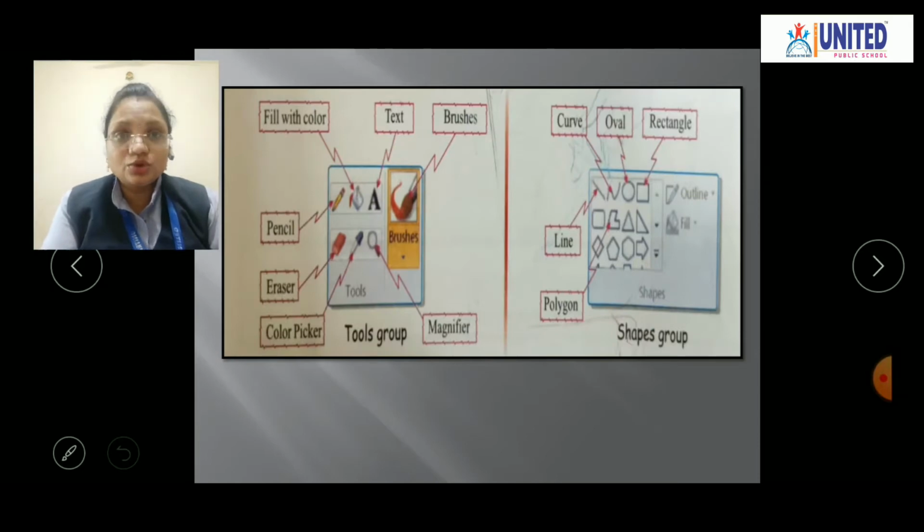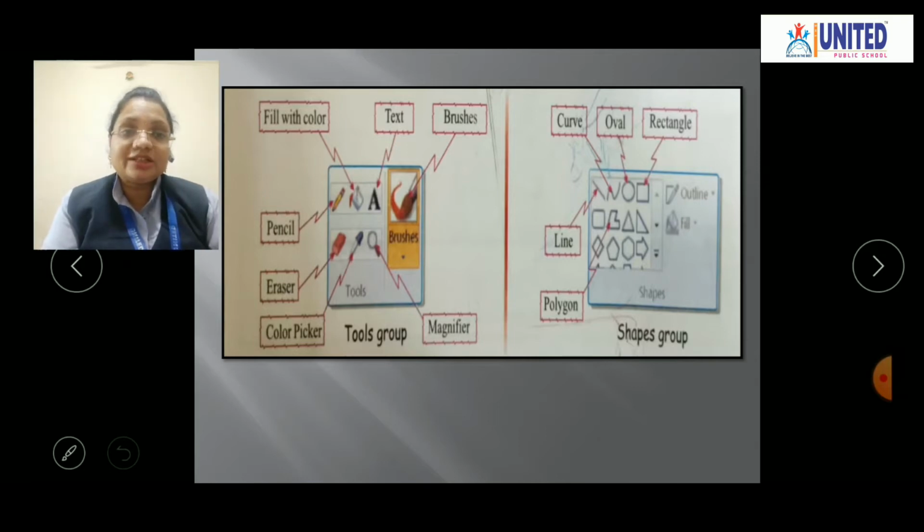See, this is the tool group. In the tool group, what do you have there? Yes, first of all the pencil to draw the picture, eraser, color picker, magnifier, fill with color, text and brushes. Okay, so these are all present in the tool group.